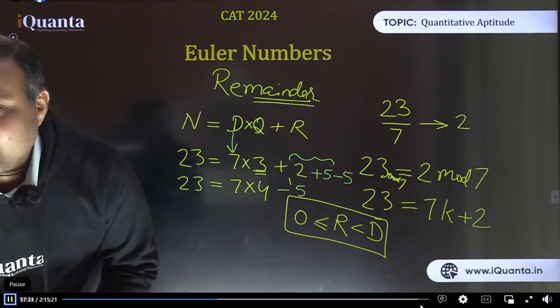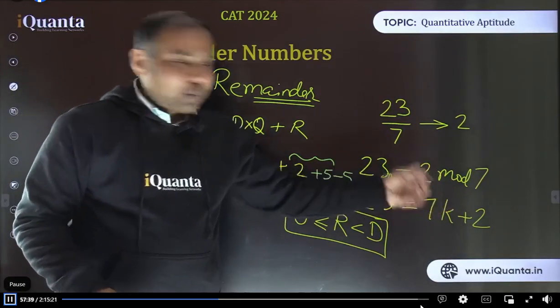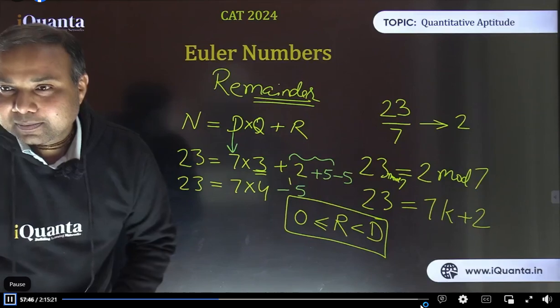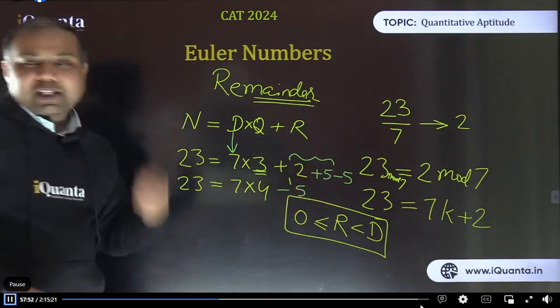Jay is asking, 23 mod 7 is equal to 2, right? Yes, that's correct, Jay. That's what we have written. 23 mod 7 is 2. So mod 7 can be put here or here also. Don't be confused in this part. That is one and the same thing. Yes, Nitesh, that is the concept of negative remainders. So how are we making the remainder negative? By subtracting the divisor from it.